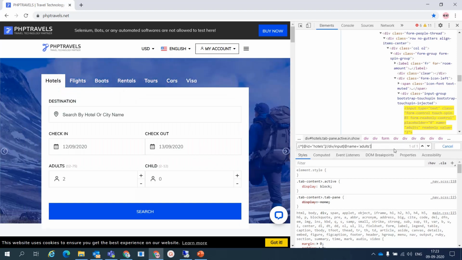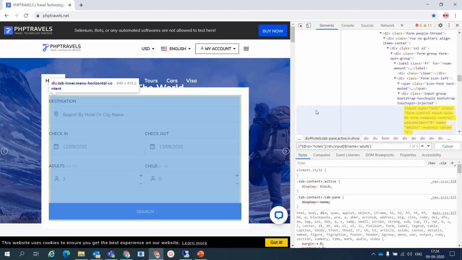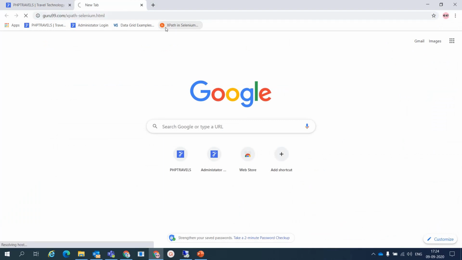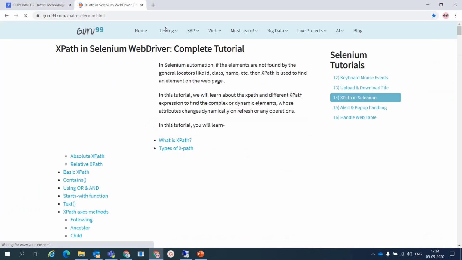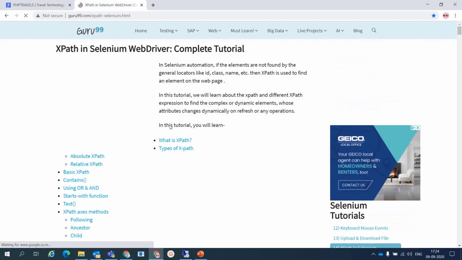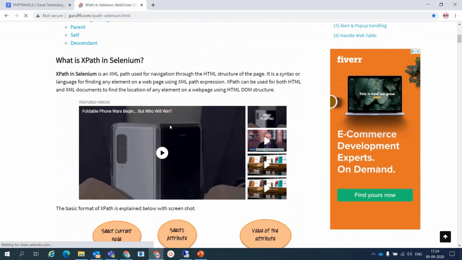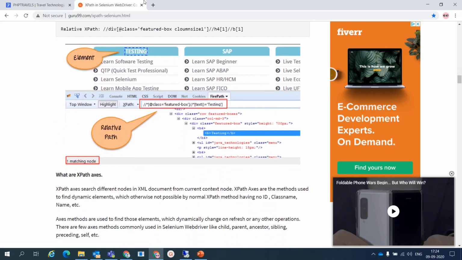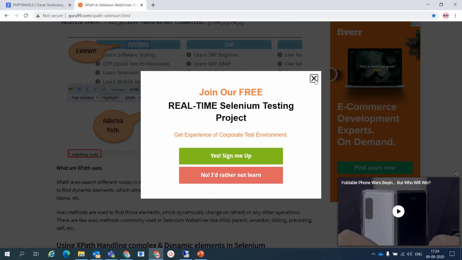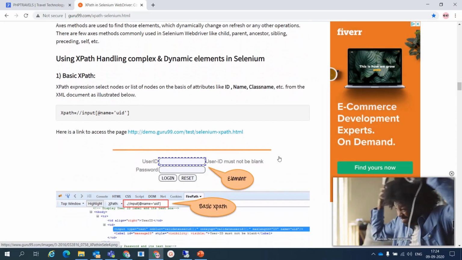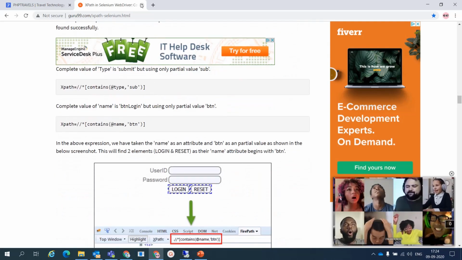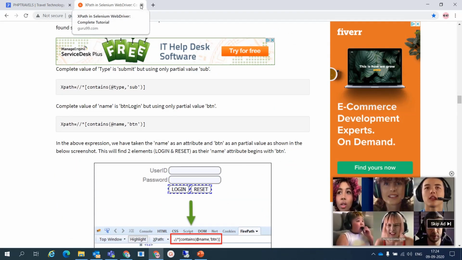You can see here. We will see one more example to get your doubts clear, but I will share one link. Go to this link after watching this video. I will paste this link in the video description also, and they have explained very well what XPath is, what the child is, what the parent is, and how you can use all the techniques to find the XPath. I have learned from this only, but I am explaining in the video also. Maybe the video will help you, but this link will help you surely.